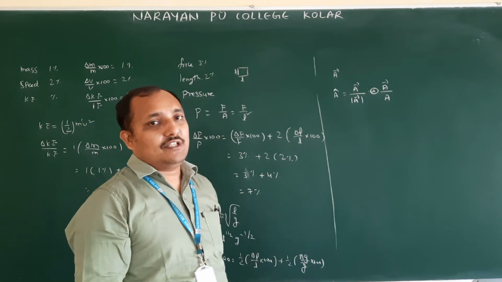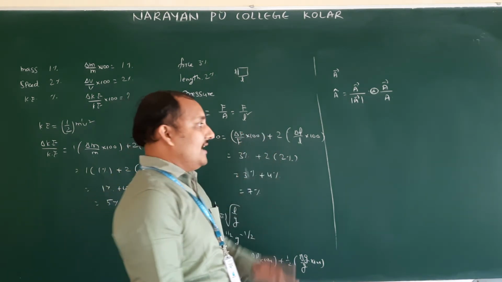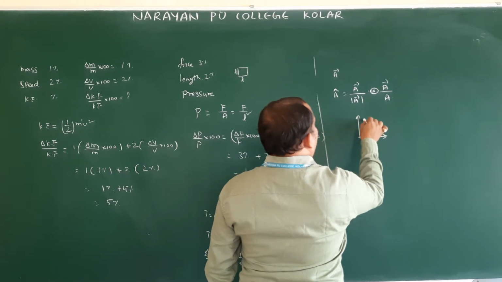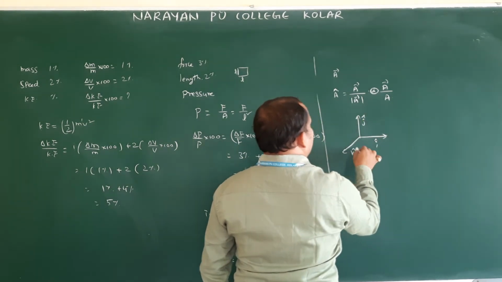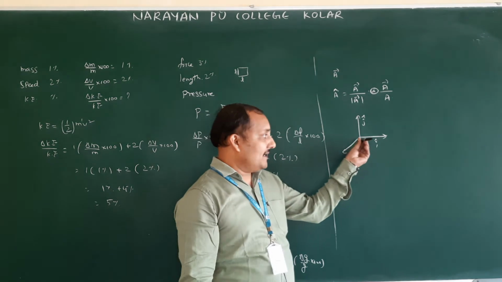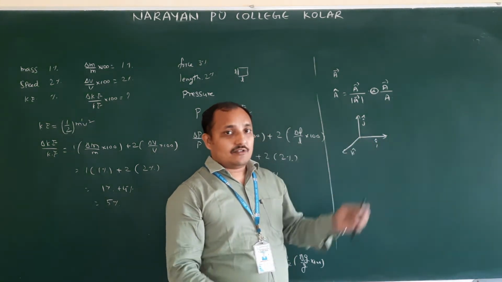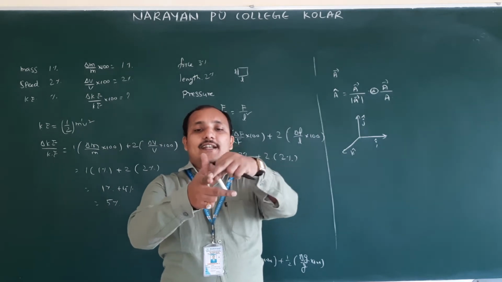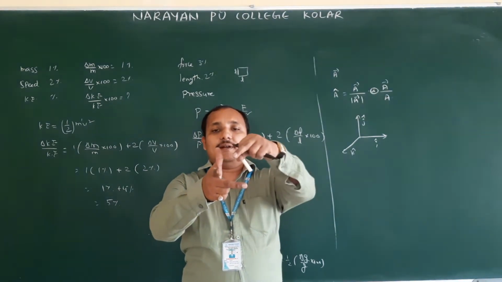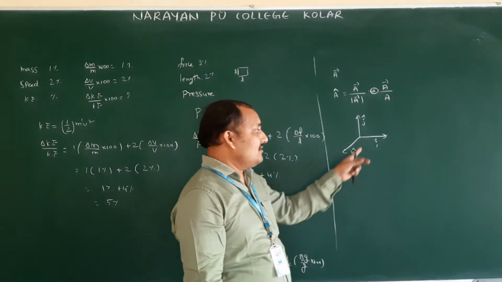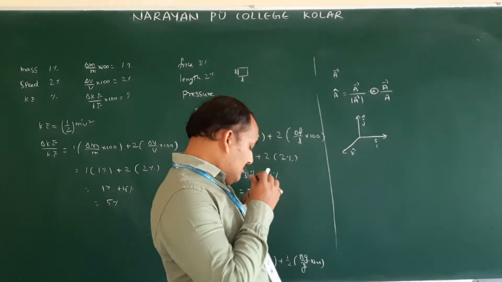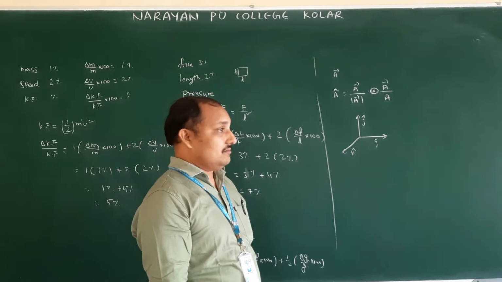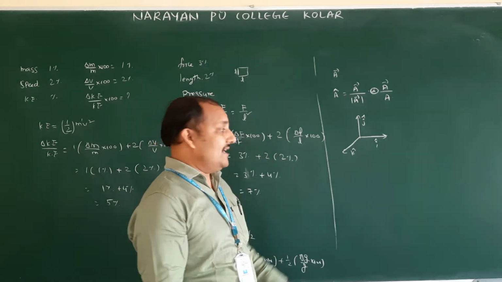So you might have known three unit vectors: I cap, J cap, K cap. I cap, J cap, another one is K cap. This K cap will be coming like this. Okay, so just three fingers you can keep like this: x axis, y axis, z axis. I cap, J cap, K cap. Okay, so what is the use of this unit vector? So to convert a magnitude or a scalar into vector. How is a scalar going to be converted?